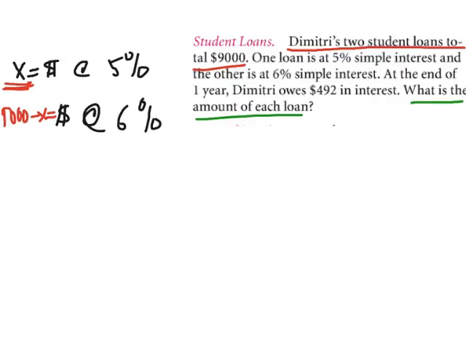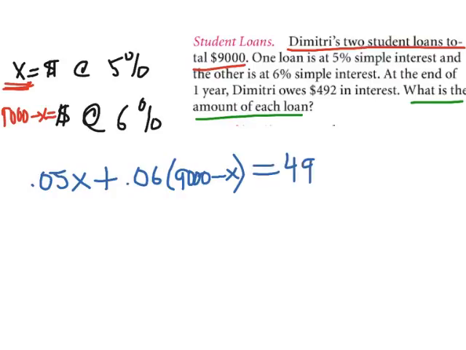Alright, now interest. So if I borrow some money at 5% interest, then the amount of money I owe is 5% times the amount of money I borrowed. So there's the interest on the first account. Plus, here's my interest on the second account. The second account I'm paying 6%, and I borrowed 9,000 minus X. Interest plus interest equals interest. In this case, my interest is $492. Alright, so we solve 0.05x